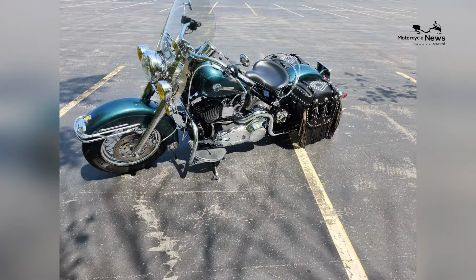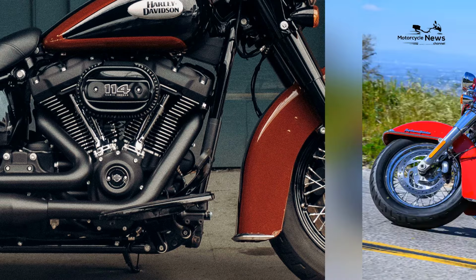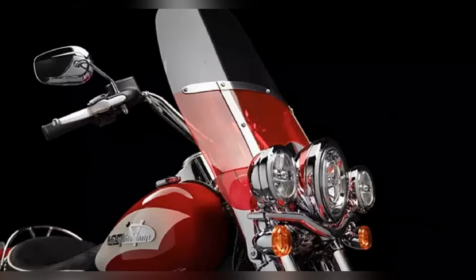As the 2025 Hydra-Glide Revival hits the market, it stands as a testament to Harley Davidson's enduring appeal and innovative spirit. This model not only celebrates the brand's storied past but also paves the way for the future of cruiser motorcycles,